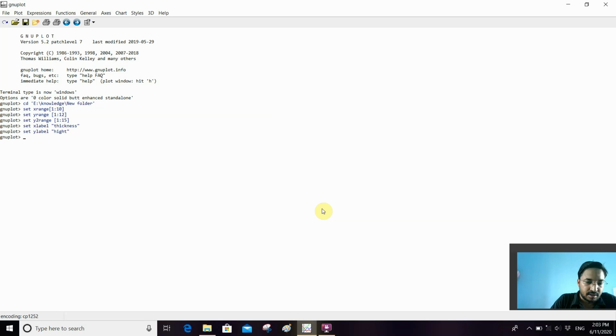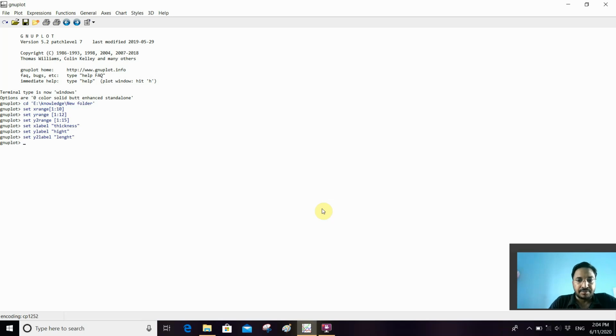Press enter. After this I have to set y2 label, and the name I am taking for the y2 label is length. Inverted comma close.